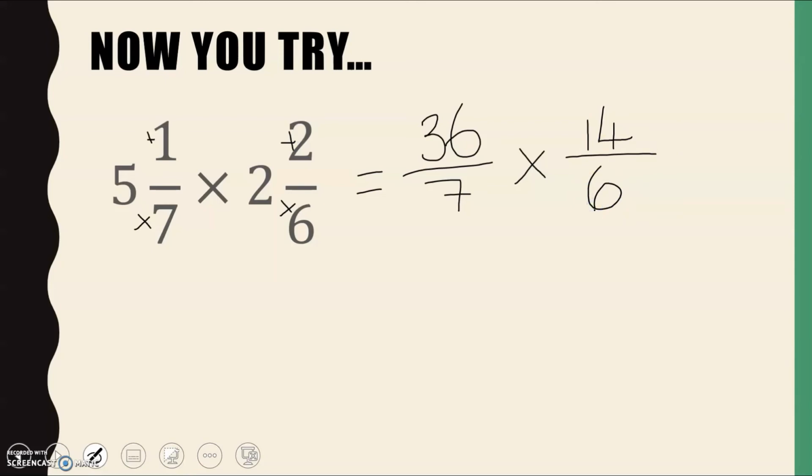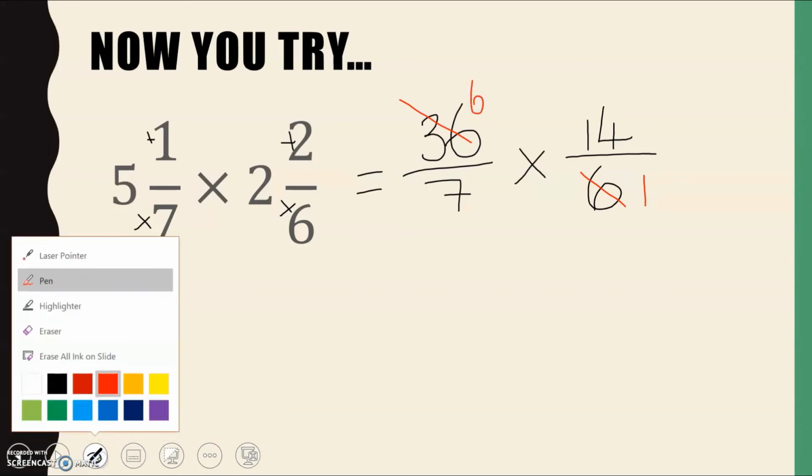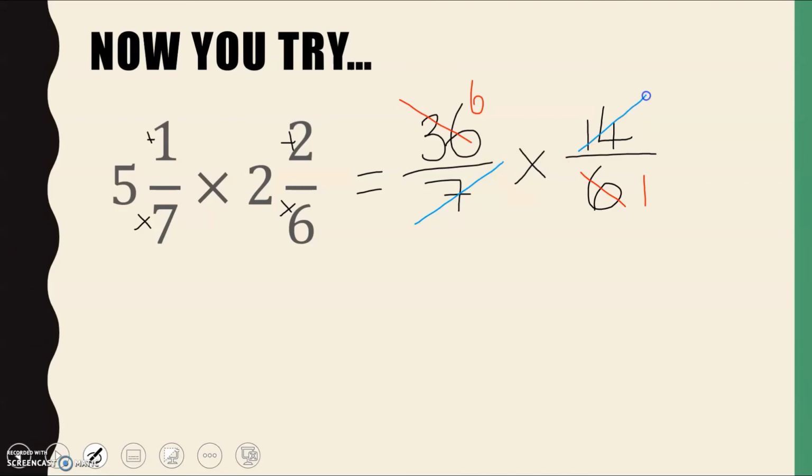14/6. And again, we've got quite big numbers here, so I'm going to try and simplify. 36 and 6 are in my 6 times table, so that is going to be 1, and that's going to be 6. 7 and 14 are both in my 7, so that's going to be 1, and that's going to be 2. So that is leaving me with 6/1